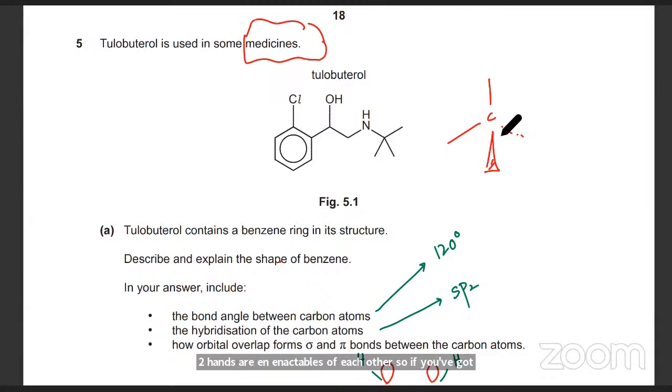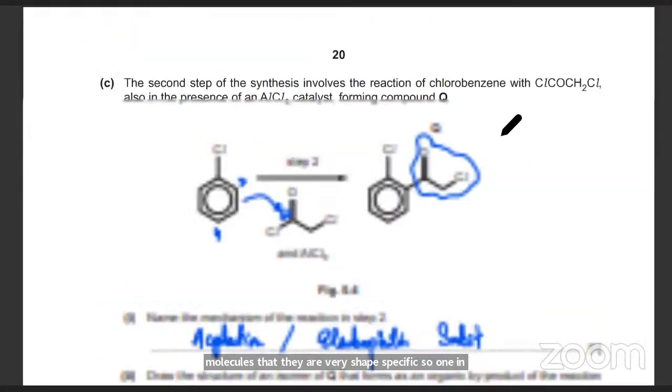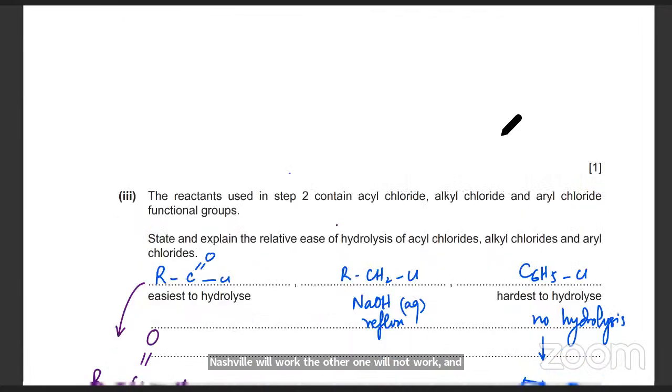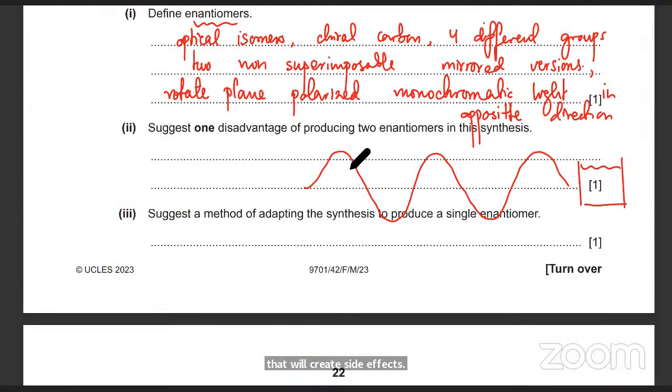Although they look exactly the same, because your glove is very shape specific, your left hand will not be able to fit into it. It's the same with biological molecules: they are very shape specific. So one enantiomer will work, the other one will not work, and that will create side effects. That's why medicine has side effects, because you sometimes produce the other enantiomer, which is the one that's not